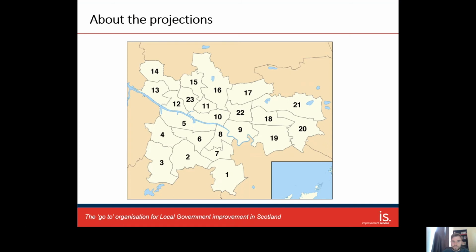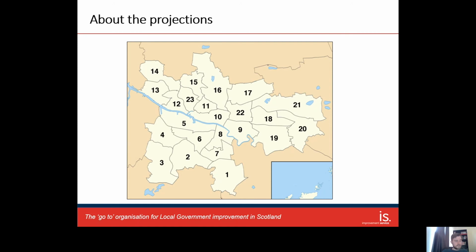So one of the first questions we had to ask was, what geographies, what areas will we use to do these projections? And we didn't want to be prescriptive. We wanted local authorities to be able to have their own say about what kind of geography would be most suitable for them and for their local areas. So we decided to start by having a default geography, which was multi-member wards. The reason we chose this is because all local authorities have them, so they're applicable to all local authority areas. They are a relatively large size, which is important for population projections. And you can also nest smaller geographies within these, so